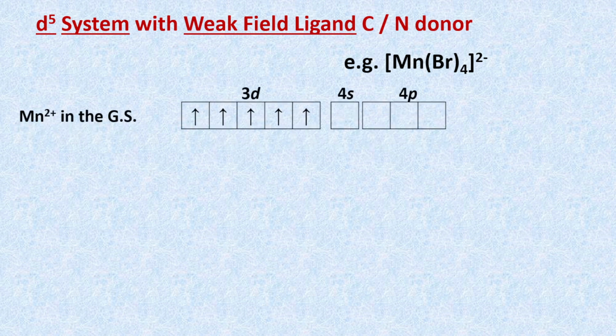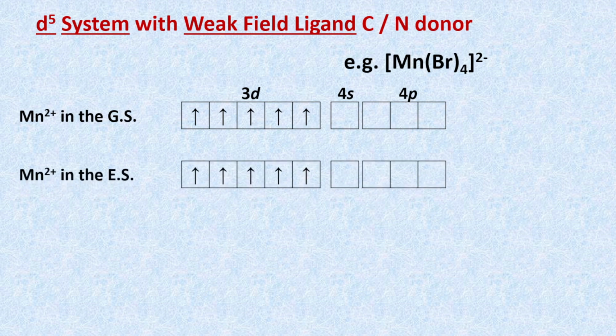d5 system with weak field ligand like oxygen and halogen. The atomic number of manganese is 25. Again, the oxidation state remains the same. So the valence electronic configuration is 3d5 4s0 4p0. It has no vacant 3d orbital, but the donor is halogen, so no need to do any rearrangement in the excited